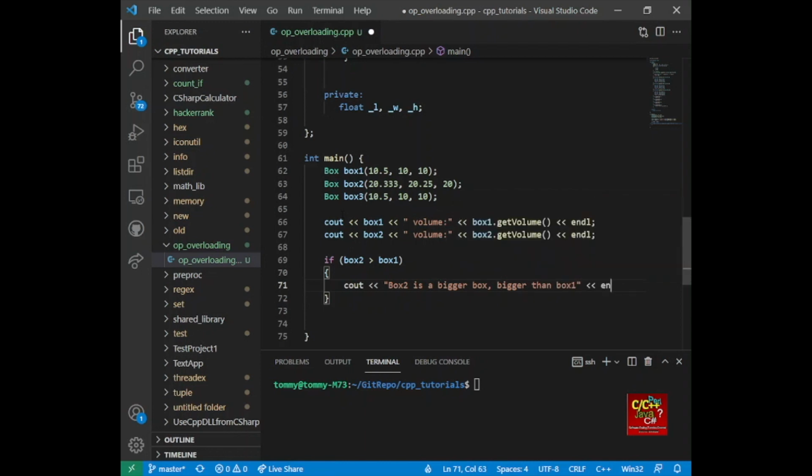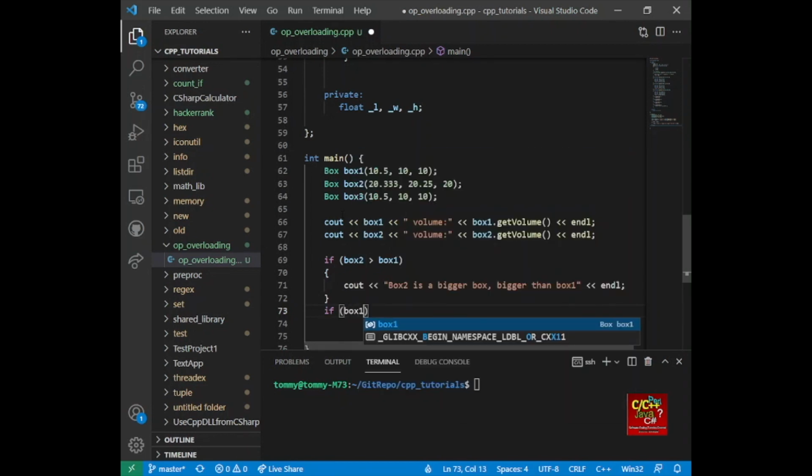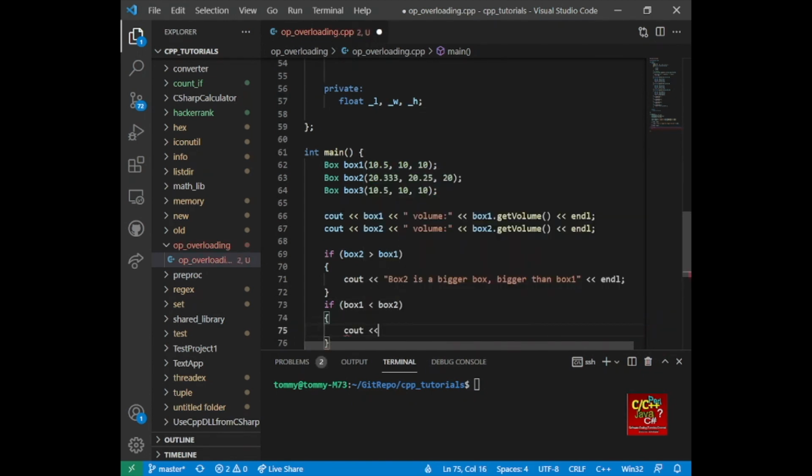Something like that. Okay, if box 1 is less than box 2, we, you know, similarly say the same thing. We say cout box 1 is less than, is smaller than box 2. Okay, endl,